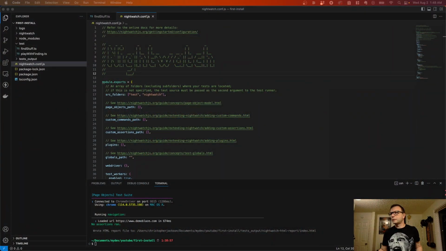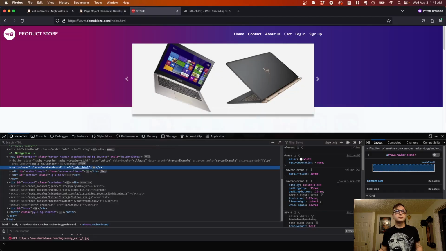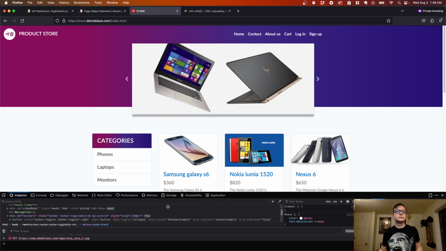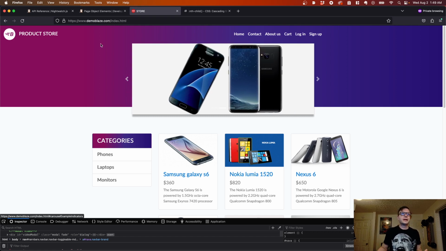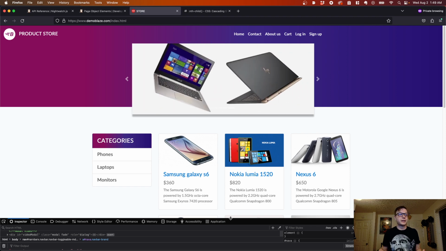So jumping into it, we're going to learn about page objects. I'm going to write this in Typescript and show you the website that we're going to be working on here. Okay, so here we go with the website. It is just a demo website, demoblaze.com, and it's just a fake storefront. It's not a real website at all. And it's made for demoing stuff and doing performance testing and things like that, but we're going to use it